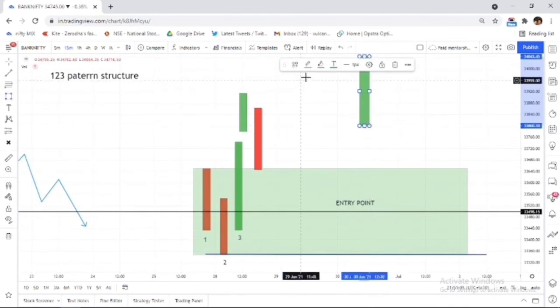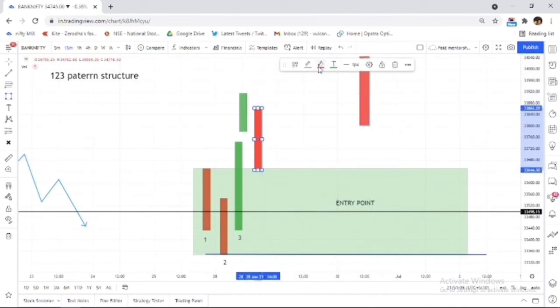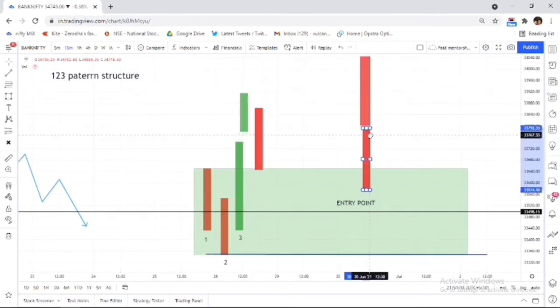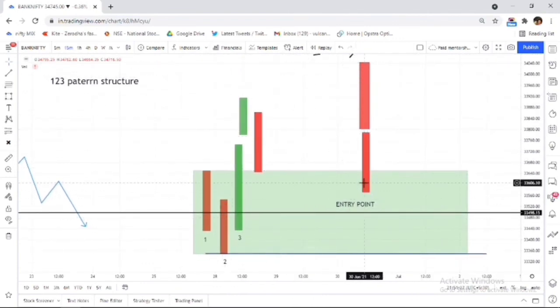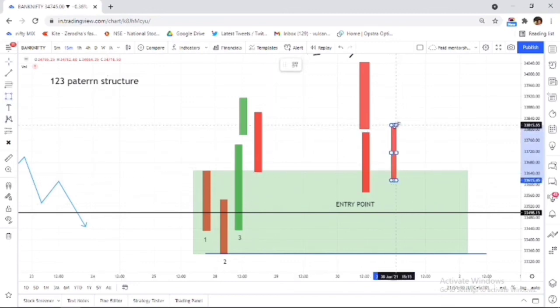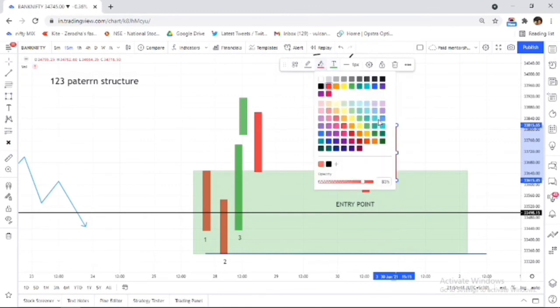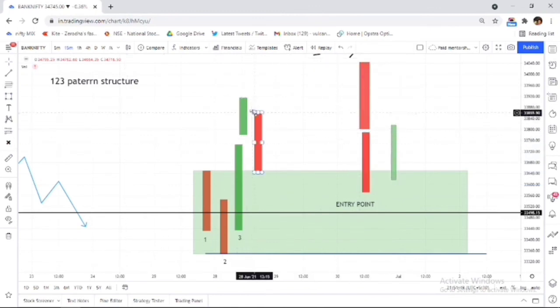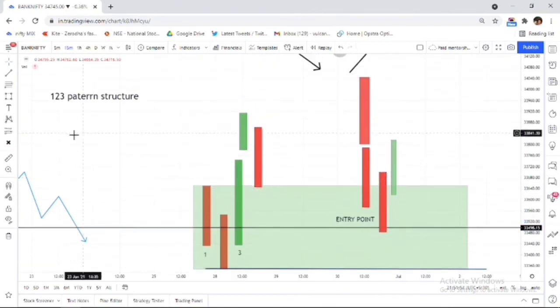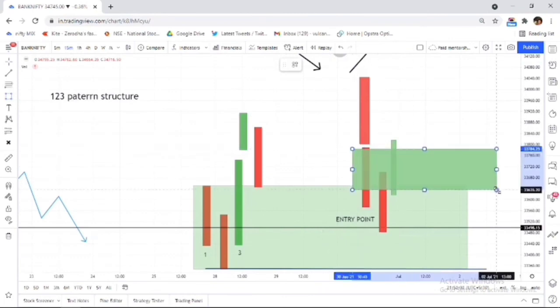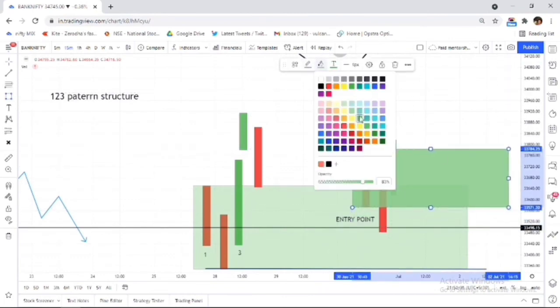And now again, when this order block forms and the market comes again to this order block and takes orders, I will be suspicious about whether this order block will hold my price or not. So I will wait and see whether the market is making a second order block or not. If you see the 1 2 3 pattern structure form again here and the market makes a second order block here, I will do the same thing.